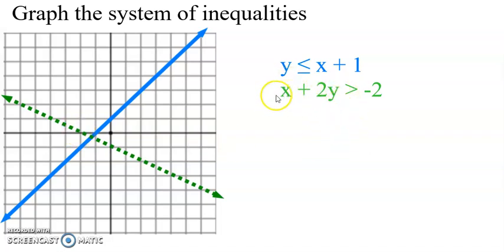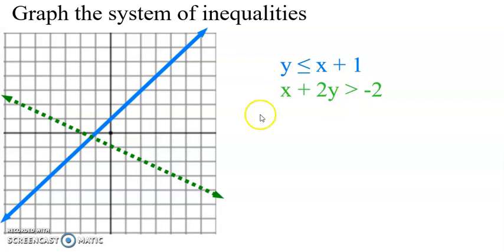And then for my y-intercept, my x value is 0. So I basically take the x term out, and 2y equals -2. Remember, I'm just trying to find the intercept here. Divide by 2 on both sides, and we get y equals -1. So my y-intercept is -1. So I got a point here and here, and I can tell from that my slope is -1/2, because I go down 1 and right 2. So I just continue that to create the rest of my line. Since it's not or equal to, I have to do a dashed line,